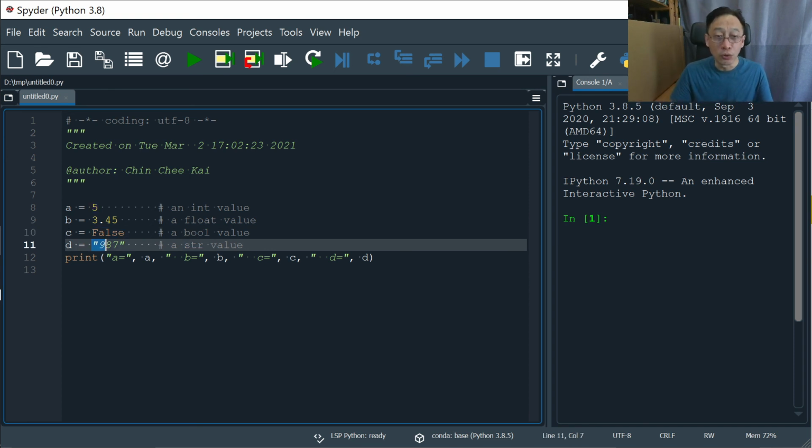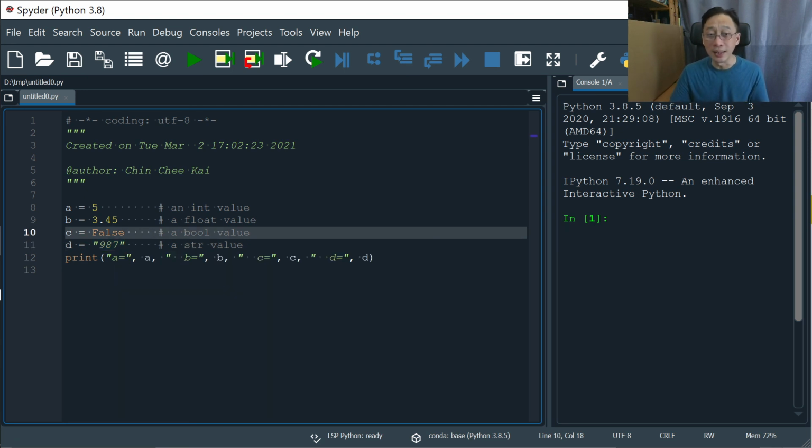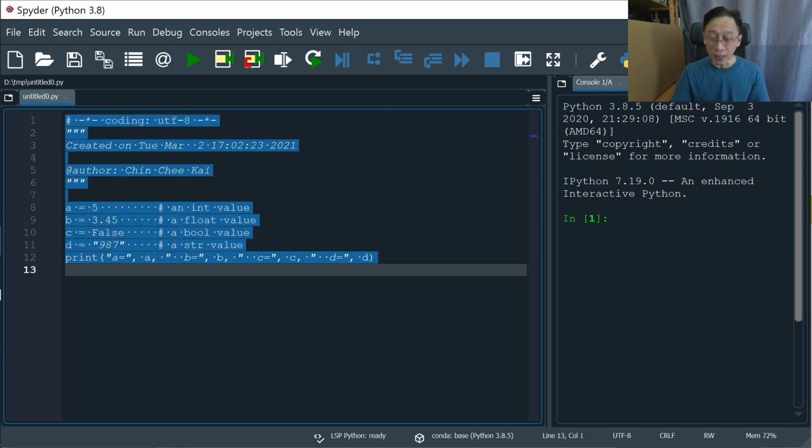And then we have a string that we briefly touched on in the previous video session. Even though it contains the digit numbers, they are not numbers per se. So the string 987 cannot be compared with the integer 987. It doesn't quite make sense. So let's just run it and see what